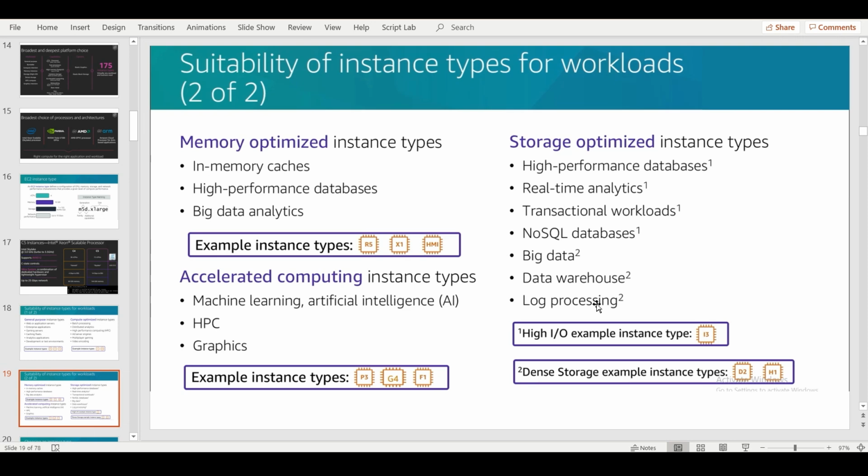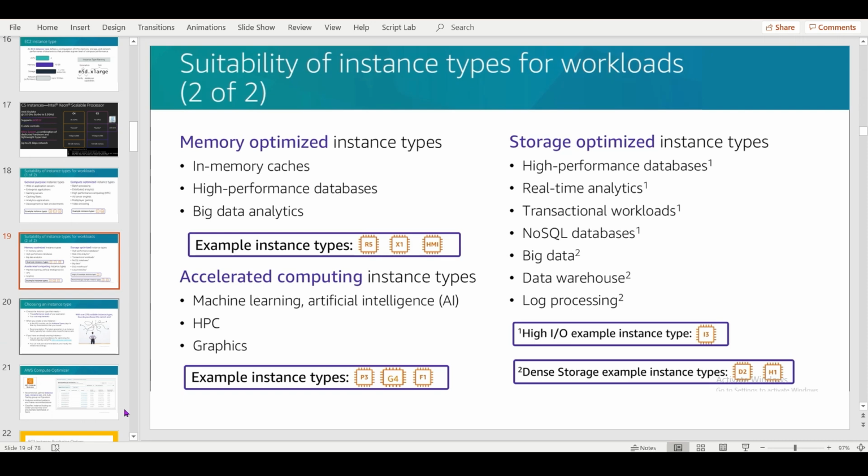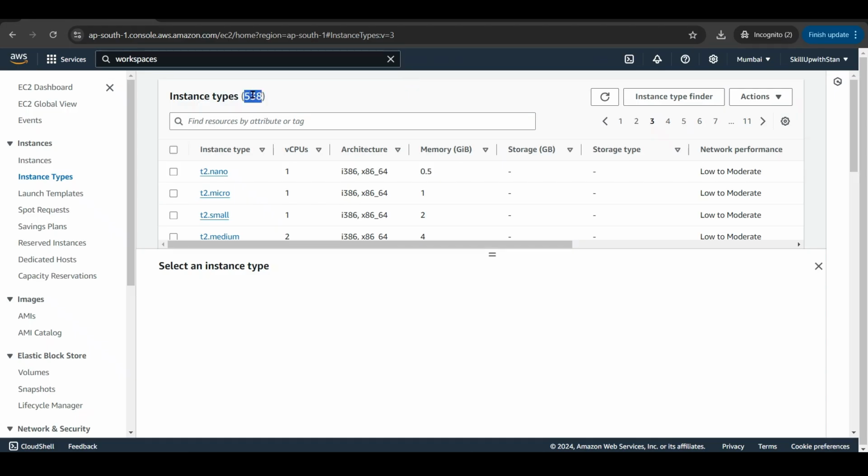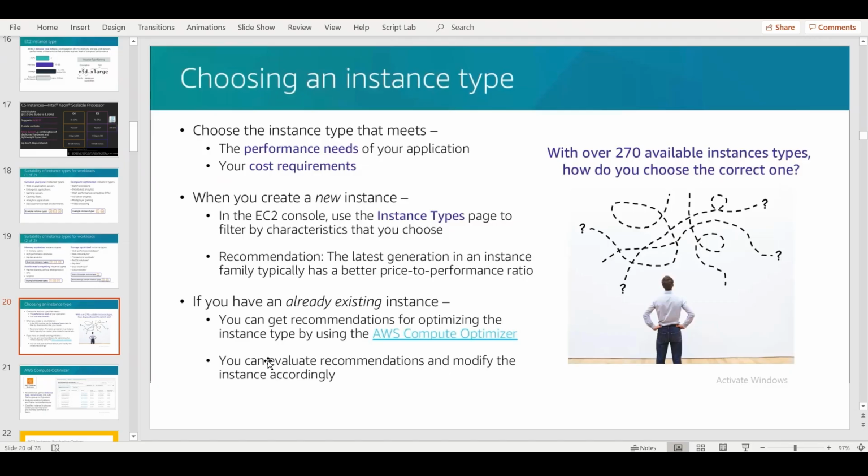The screens are getting recorded, so you can also use this as a reference when you are put into that situation. Choosing an instance type is definitely challenging. You have 500 plus options to choose from, but it is very easy if you are practicing the solutioning for different customers over the period. From the mind itself, you can start choosing what is best based on the options that you got. So always go for the latest generation, latest instance type,